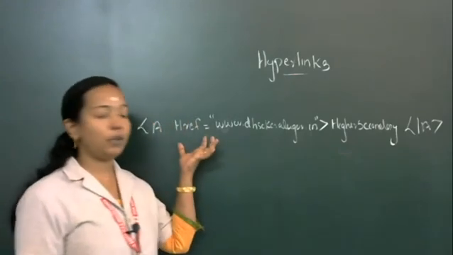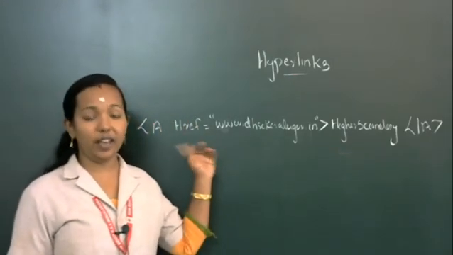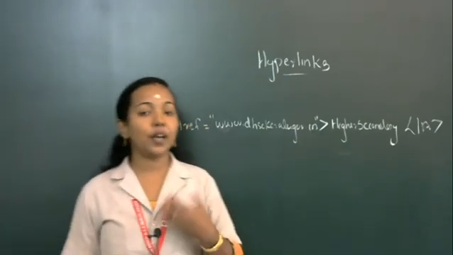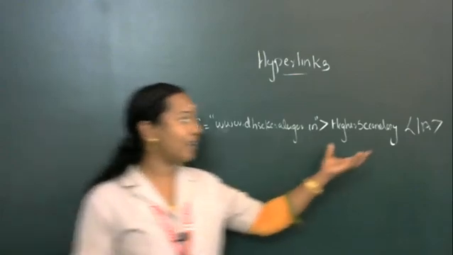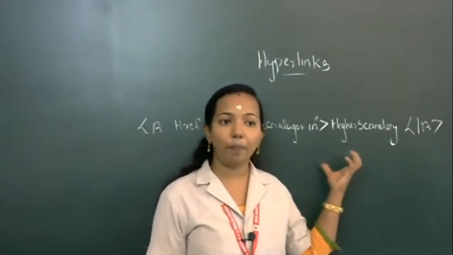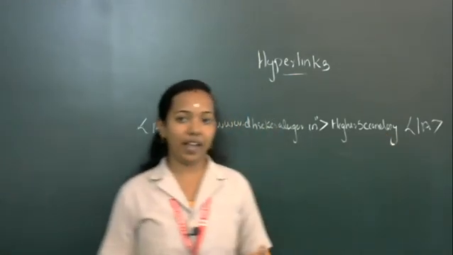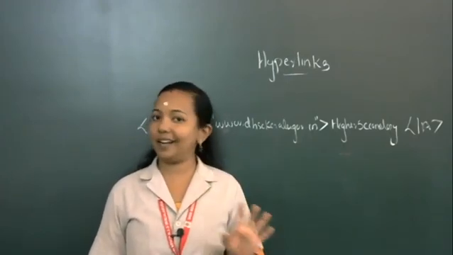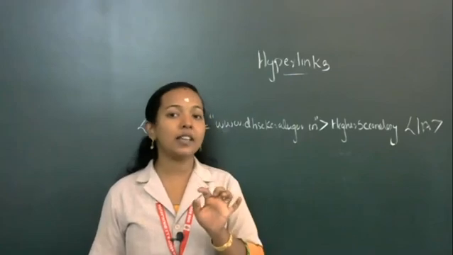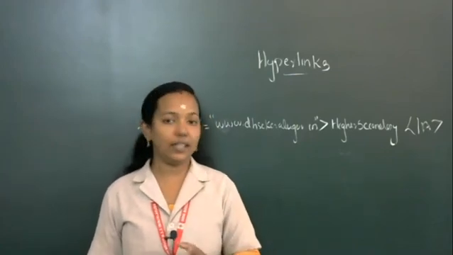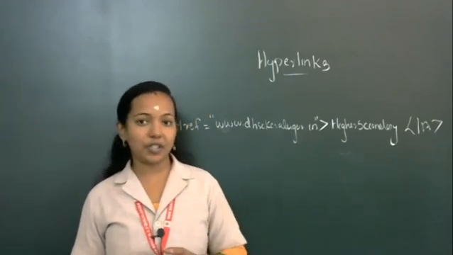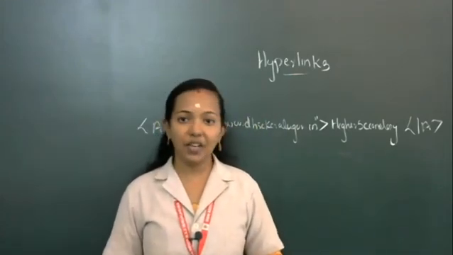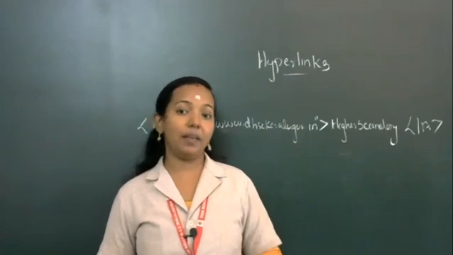The main attribute of the a tag is href, hypertext reference. Then the text that we are going to convert to a hyperlink, that text you write between the opening a tag and closing a tag. Then automatically in the web page it will come in blue color and also an underline will come. When we click on that text, the underline will come. Okay, I think the concept is clear: how we create a hyperlink, and which tag we use for its creation.